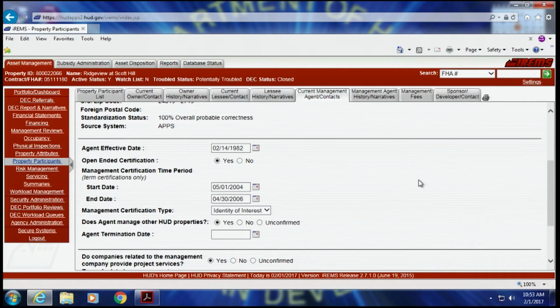If for any reason you said no, this was not an open-ended certification and you had an end date here, as Robert told you earlier, you have access to MPRD reports. If you pulled an MPRD report on this particular property and you had selected non-open-ended certification, this end date would indicate on the report that this property does not have a management agent.